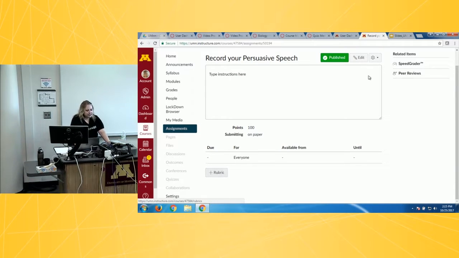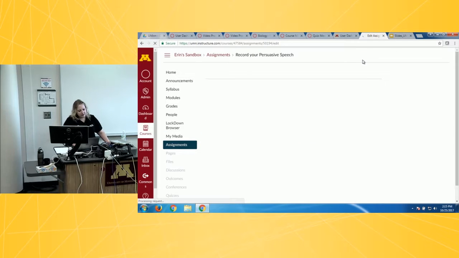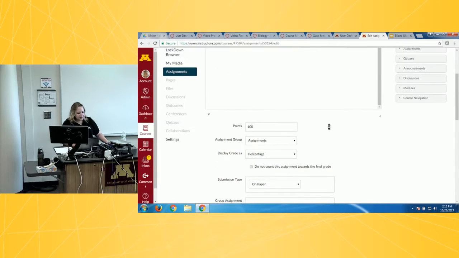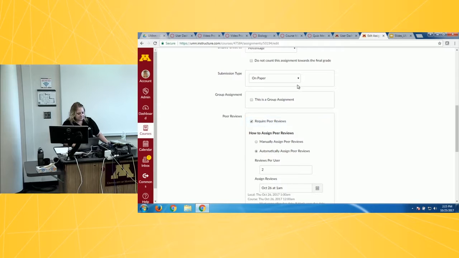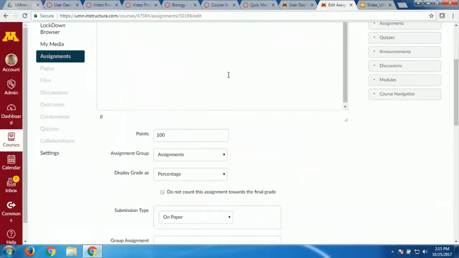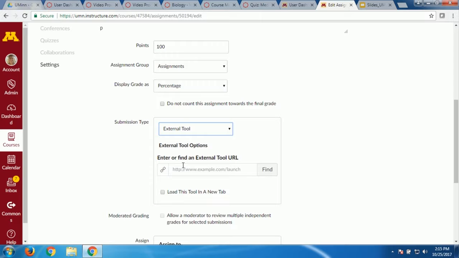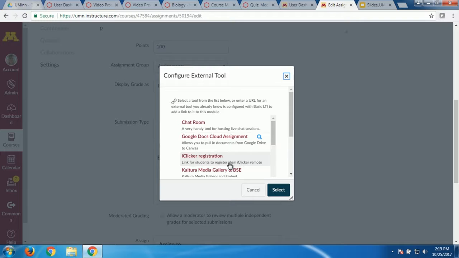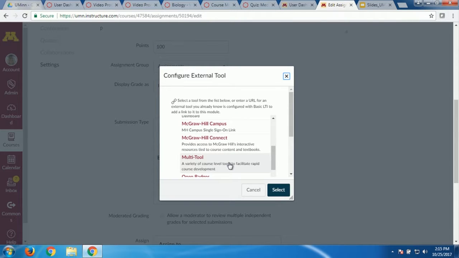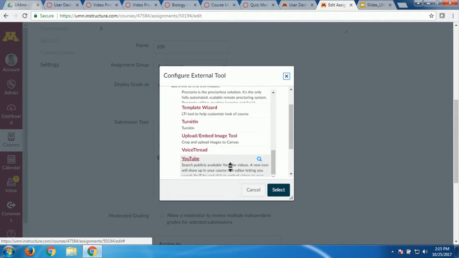Great questions. All right, so before I go to rubric, I'm going to show you those other advanced types of assignments. That's where the submission type changes. So I'm going to ignore all these other settings and go straight to submission type. Instead of all the normal Canvas submissions, if it's a third-party tool, external tool is my option. When I click external tool as a submission type, to find the external tool I want, I click find. And here's where you can find Google, or you can find Kaltura, or you can find Turnitin.